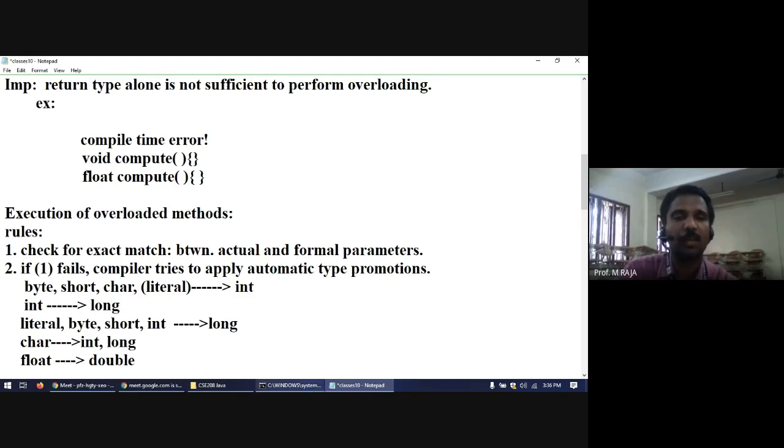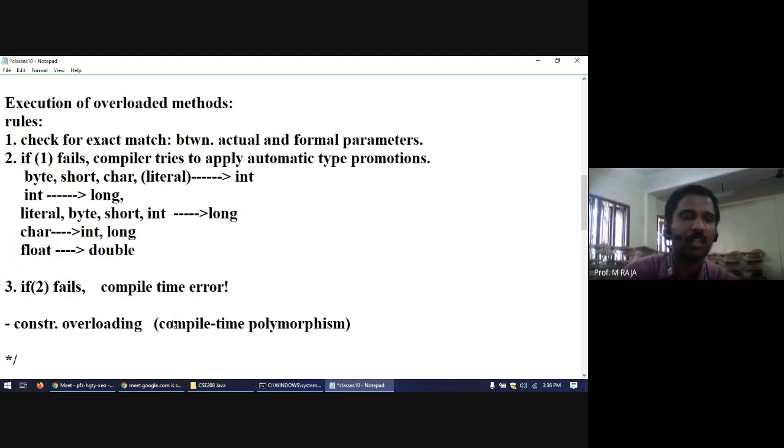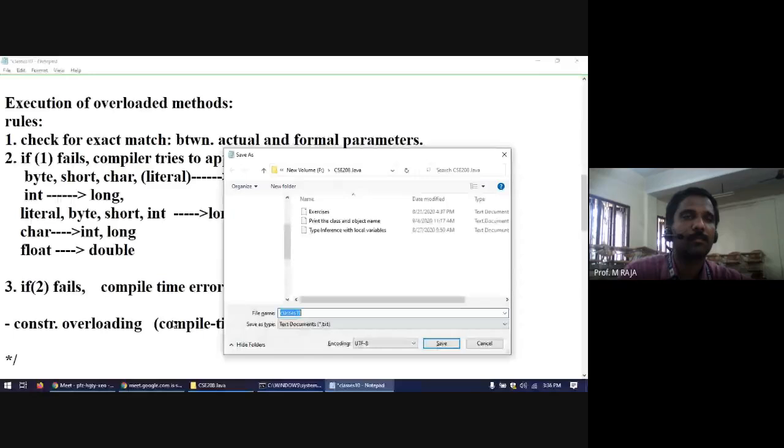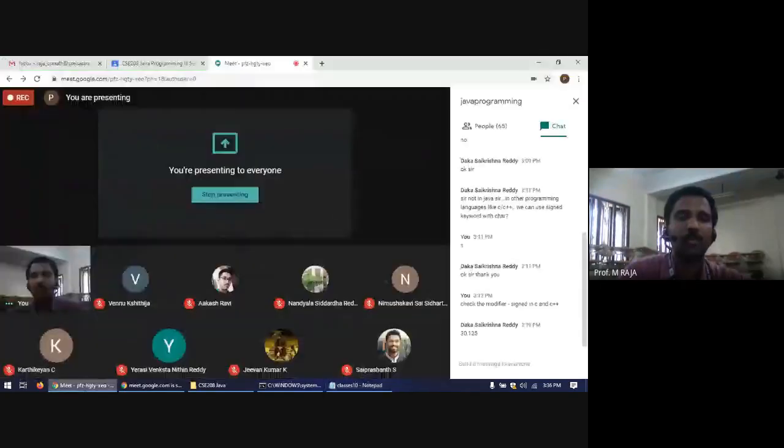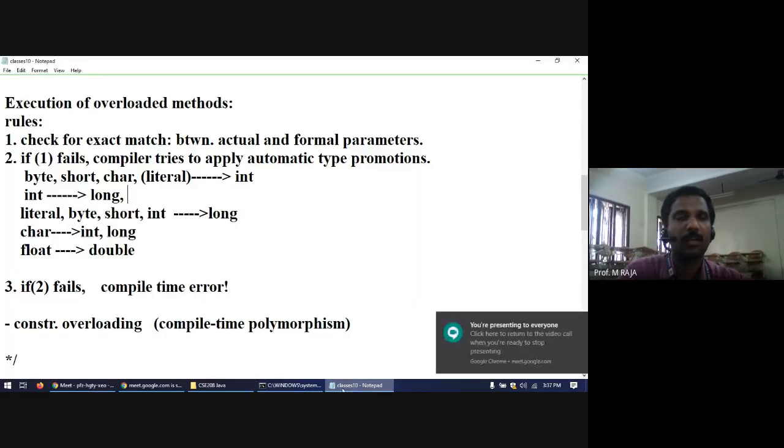And at the same time, integer may be type promoted to others. What are the compatible types? Integer is compatible with